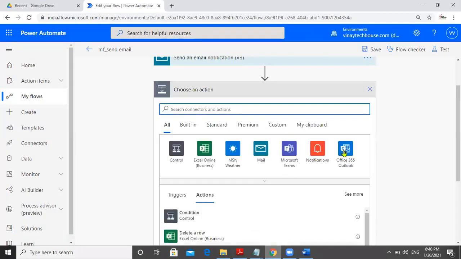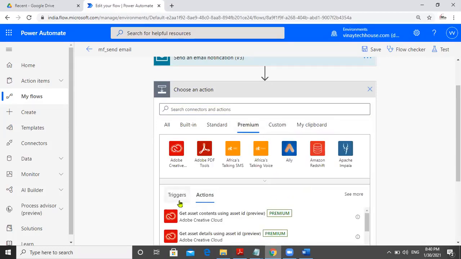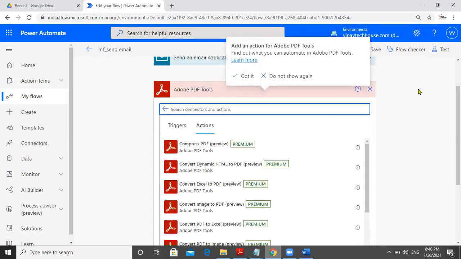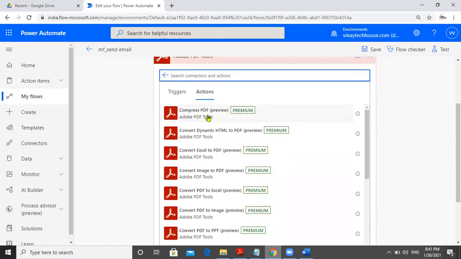New step. Premium. About PDF tools. Amazon Redshift. Apache. We'll go to PDF. So what is this? Compress PDF preview. Convert Excel to PDF preview. Shall we go for it?